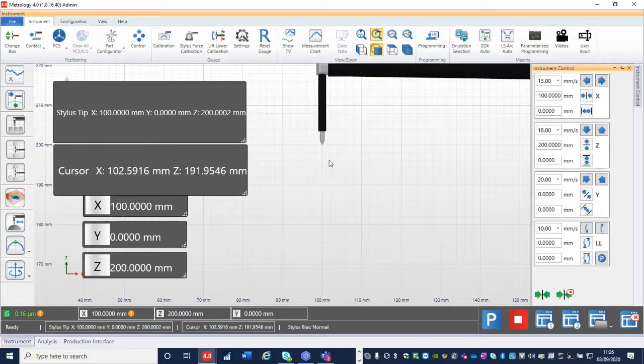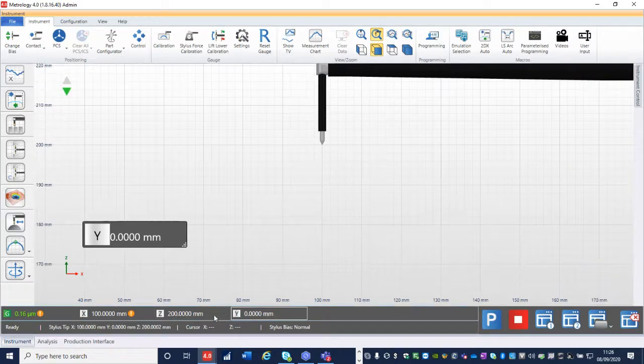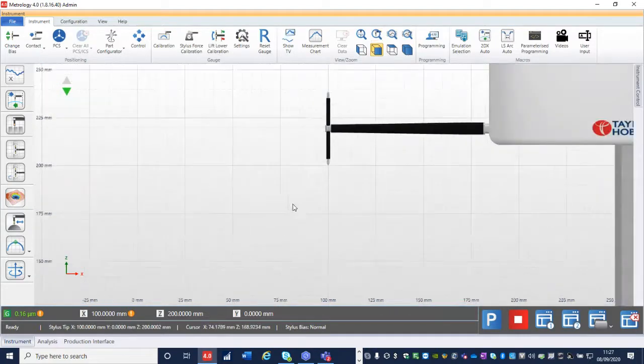And the reason for that is that we know the geometry of this stylus. We know exactly the geometry of the stylus, therefore we know exactly where the stylus tip is in relation to the 0, 0 position of the instrument. What I'm going to do now is just clear these from the screen and show you that this stylus obviously